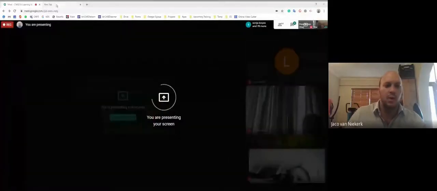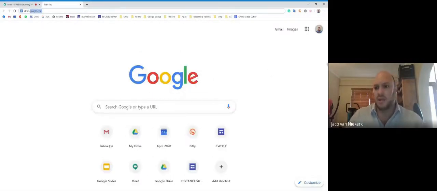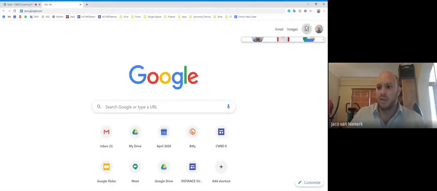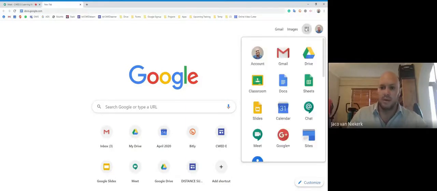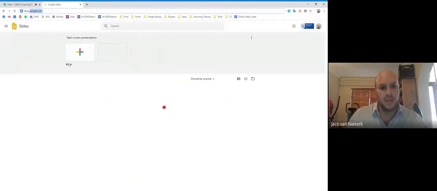Okay, so when we are accessing Google Slides, to open Google Slides, it's a very straightforward process. We simply click on the waffle, as they call it. It'll show you a bunch of different apps. Remember, in order to use the Google apps, you must have a Google account. So you simply click on the slides icon, and it will take you to the place where you can create